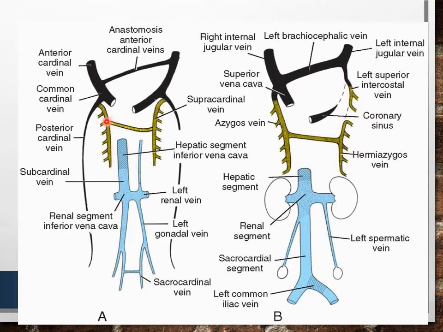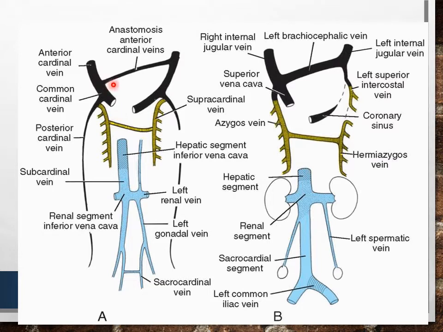the sacrocardinal veins. The supracardinal vein joins the thoracic region, its body wall, through the intercostal veins. The subcardinal vein is very close to the kidneys, so it is mostly draining the area of the kidney and forming the renal vein. And the sacrocardinal vein drains the lower extremity.